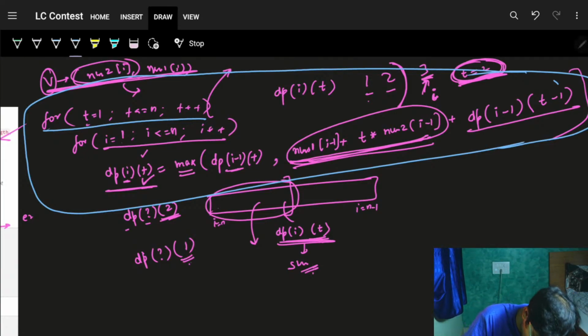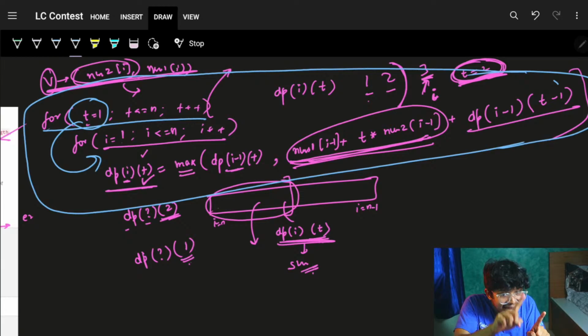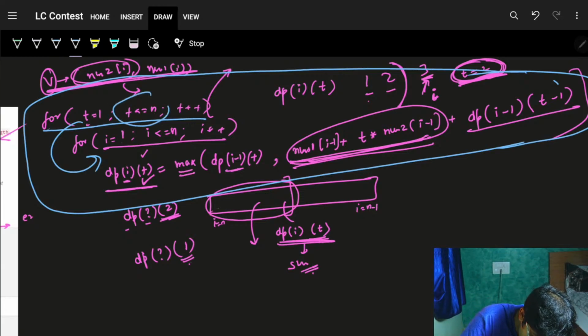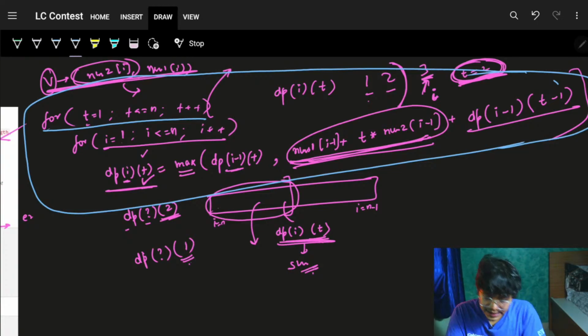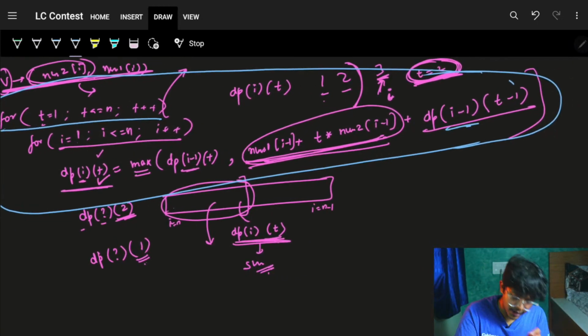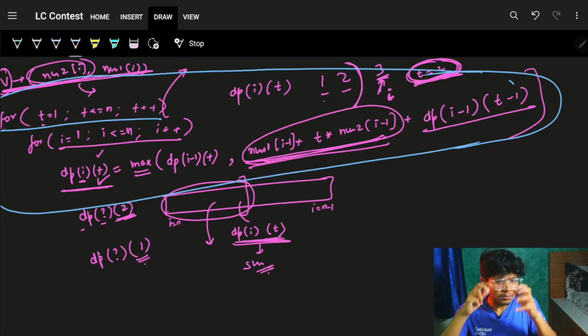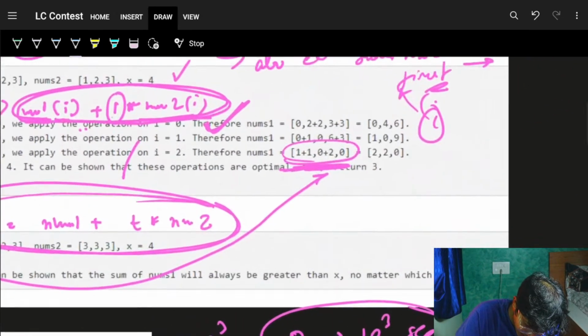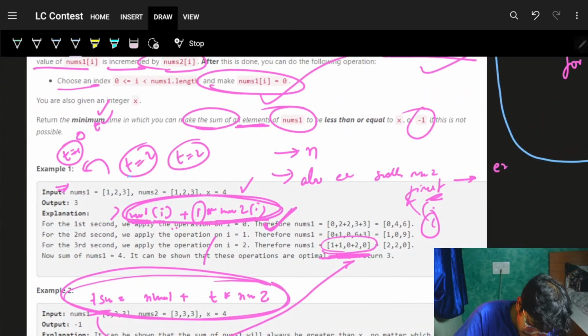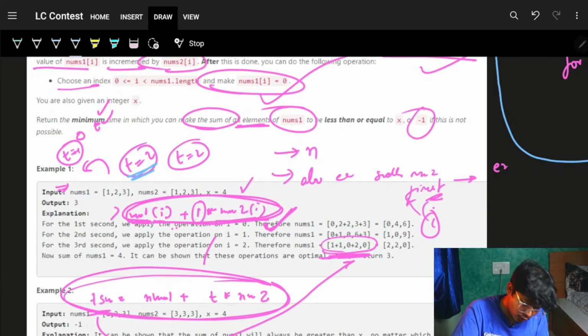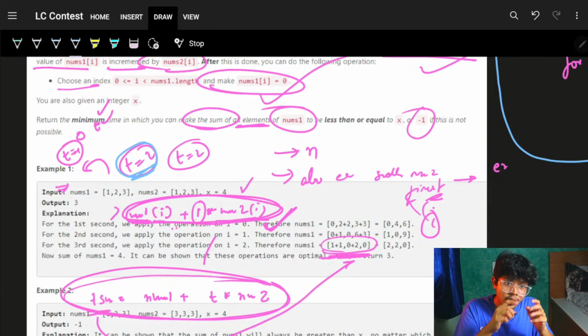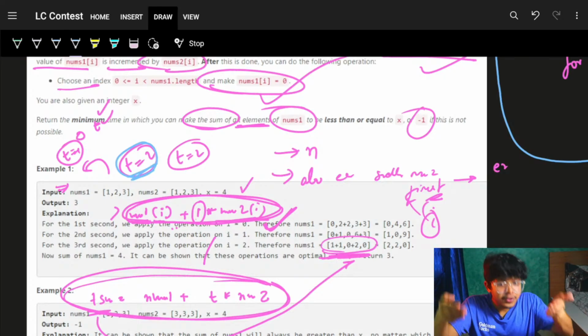But I'm saying for this particular t, my i needs to be computed first, and only then can I go on to my next t. Because for my next t, I need to know the answer for i plus i minus 1 as well. Although you could have written that itself, but think about how to get it. Ultimately, we had a t. Now for that t equal to 2 seconds, we could have got all the n square pairs, but we cannot go for all the n square pairs. So what we got to know so far is,